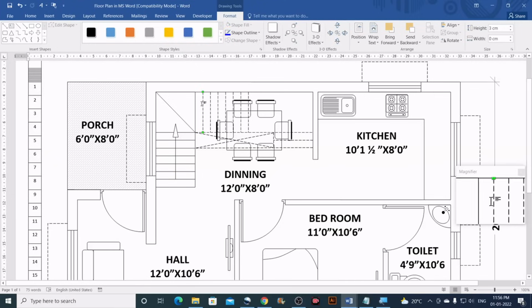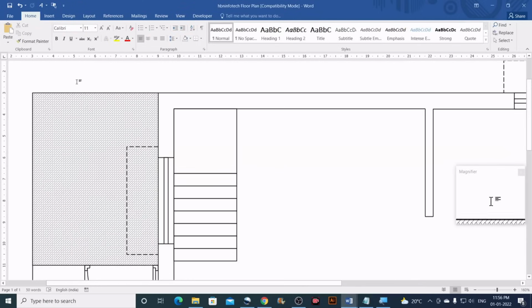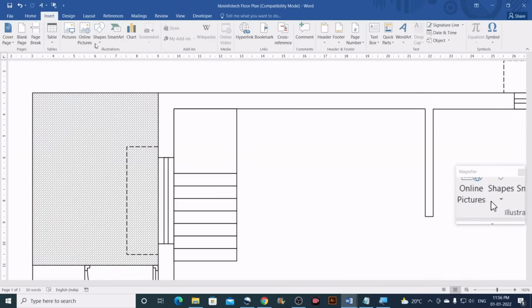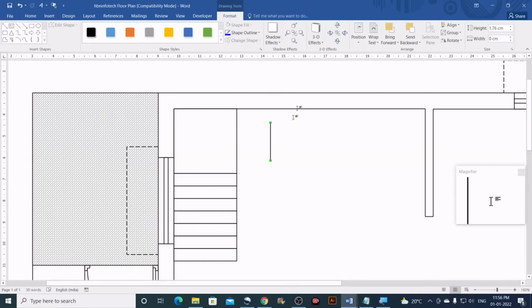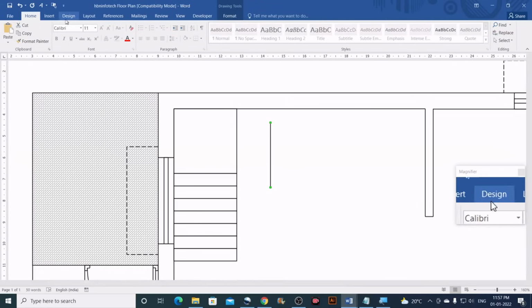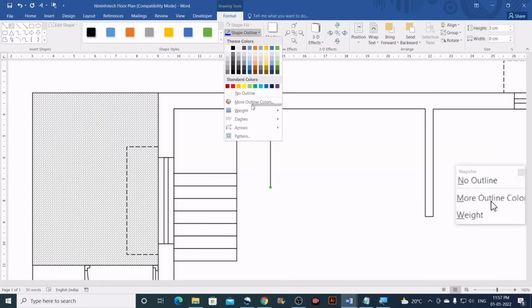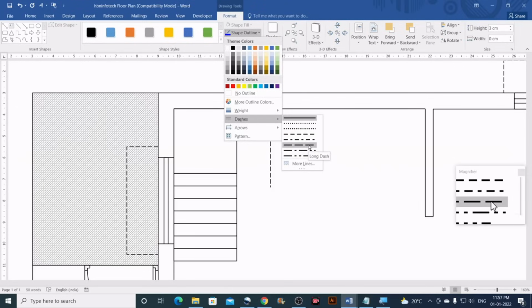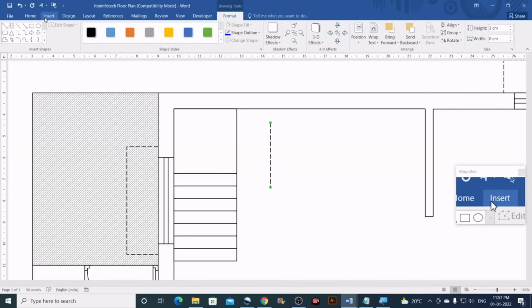Now here I have simply created the lines, because if you create the rectangle here, the dotted line would overlap. So that's why you need to create simple lines here. So how do you do that? For that we will need a small trick. So first let us create a line, and this would be 3 feet. And now we'll just set the dotted dash format, and